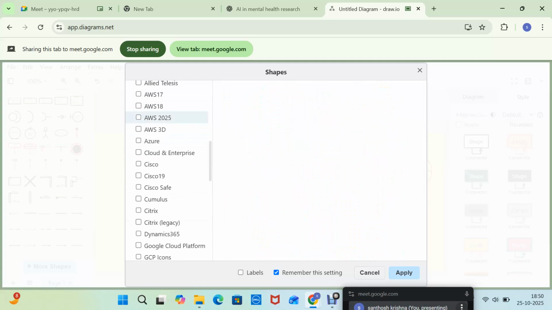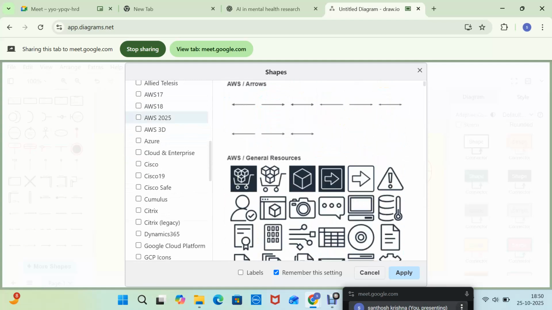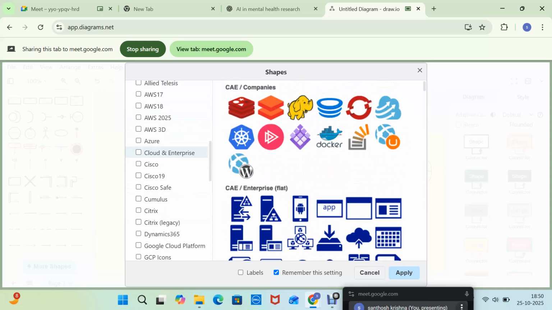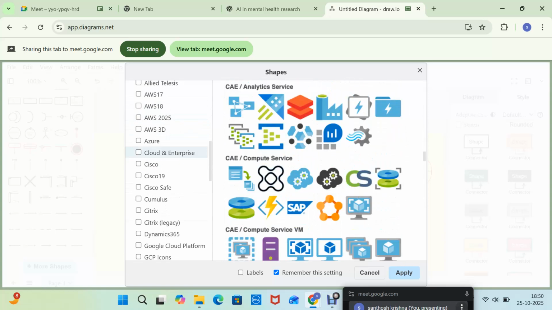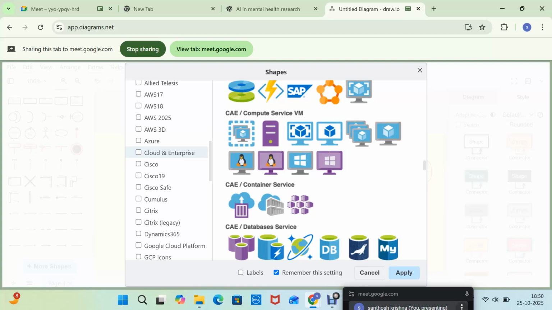Or if you want to draw network diagrams, AWS, Cloud Enterprise, see how nicely you can draw very nice pictures. Because nowadays very good journals expect an abstract, and they also expect a graphical abstract to upload, because with those graphical abstracts they will be able to easily understand what exactly you have done in the paper.